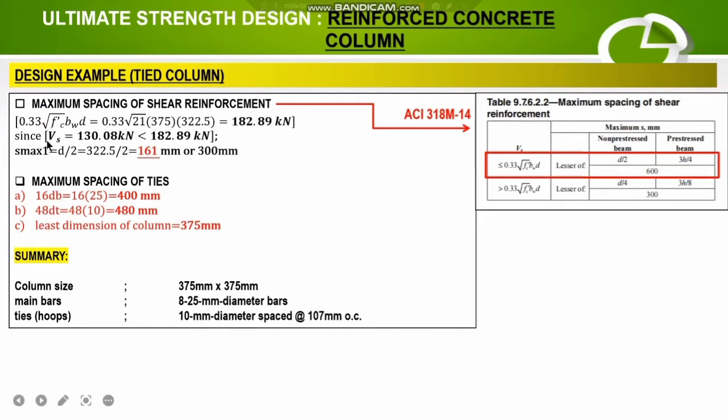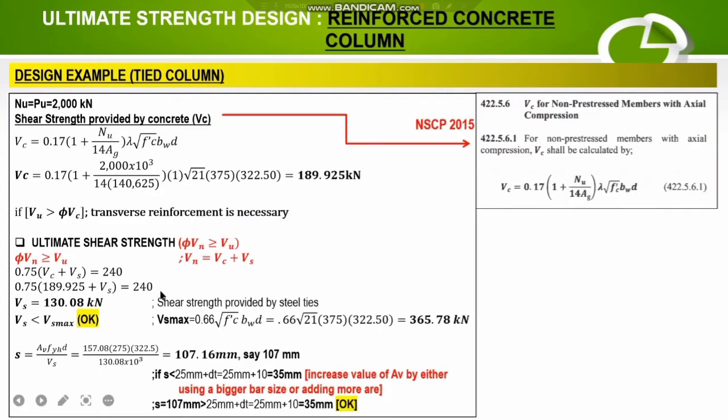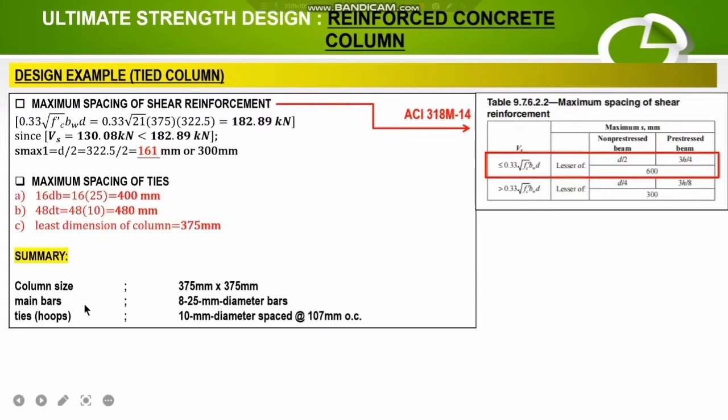So 0.33 square root of fc prime bwd is equal to 0.33 square root of 21 times 375 times 322.5. So it is equal to 182.89 kilonewtons. Since our Vs is 130.08 kilonewtons, it is less than the limiting condition of 0.33 square root of fc prime bwd, which is equal to 182.89 kilonewtons. Therefore, we need to use